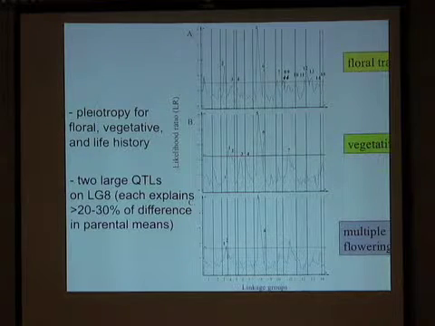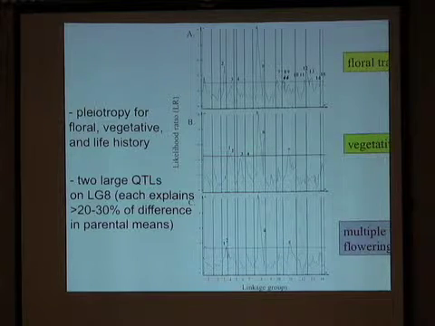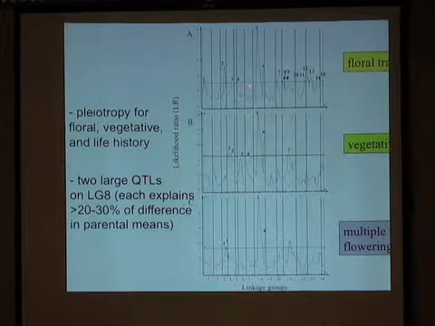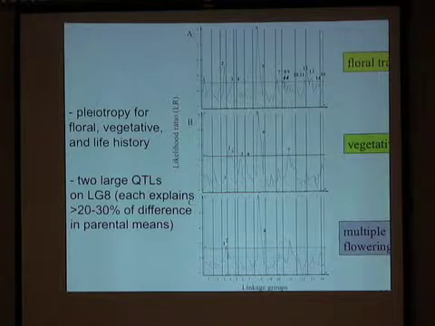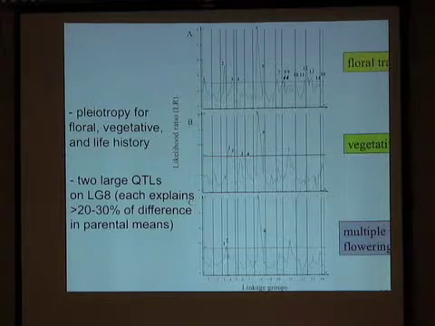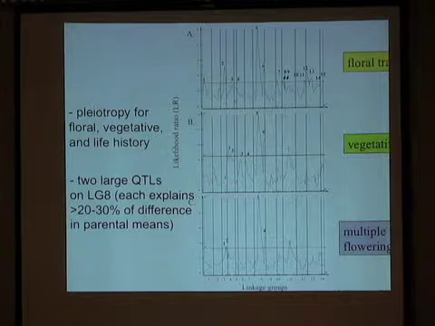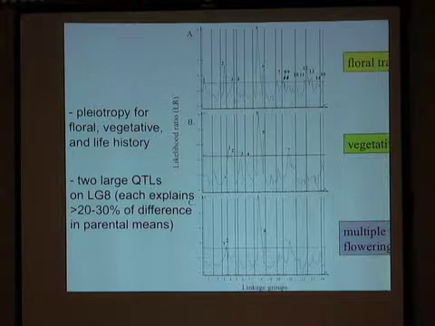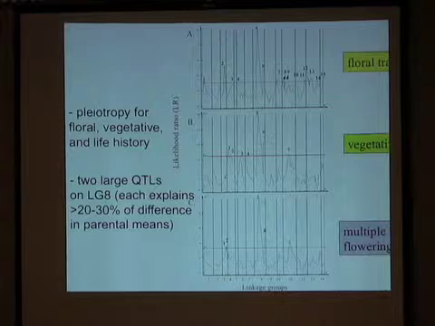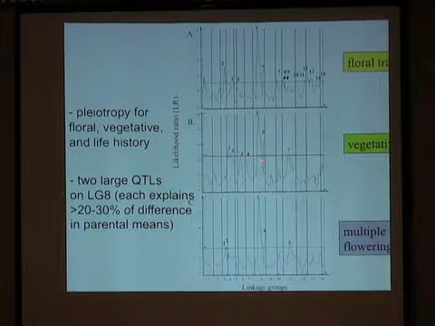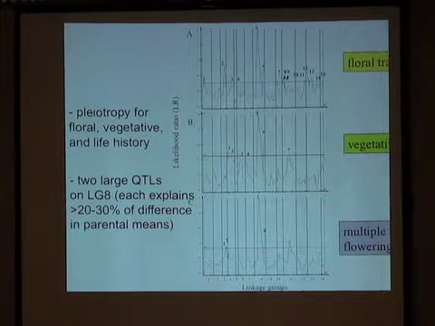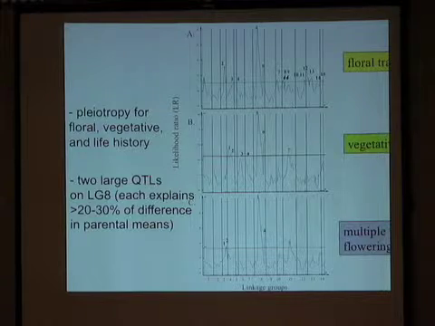And when she did a very laborious QTL study before we had our fancy markers, she was able to show that there were two, and this is a difficult slide to see, there were two genomic regions that contributed to most of the difference in phenotype in terms of morphology and life history between these two. These two QTLs, both on linkage group 8, explain each about 20 to 30% of the difference in flowering time